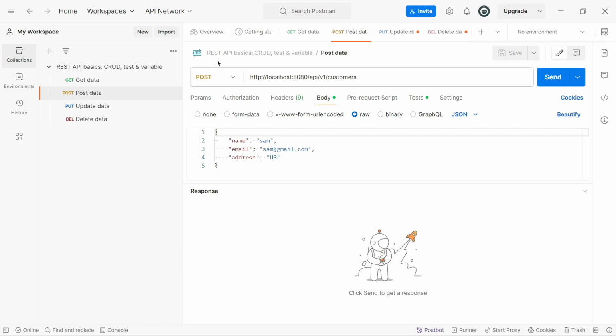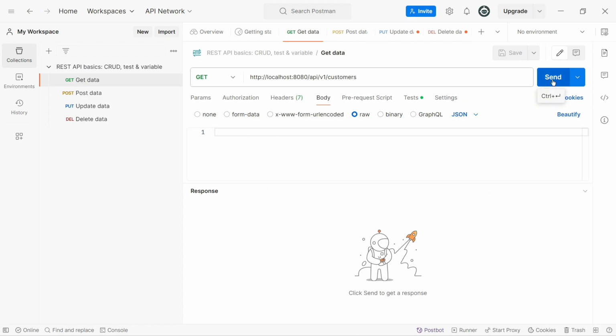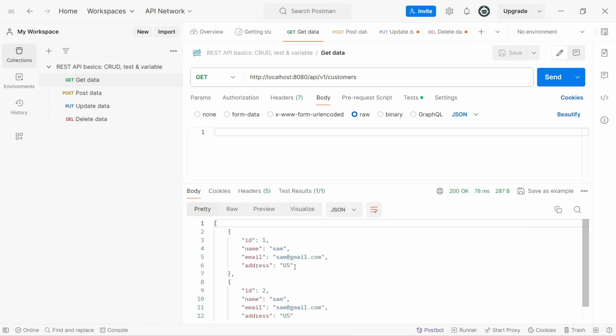In Postman, I would like to show you the case that I mentioned. If I create a new customer and then create another customer, and go back to the GET request and click on send, right now we can see that we have two customers with the same email, same gmail.com and same gmail.com. This does not make sense because the email must be unique for each customer.